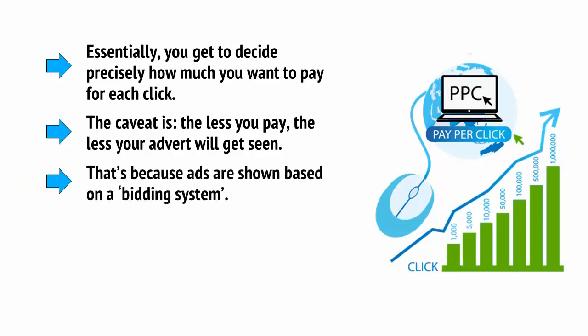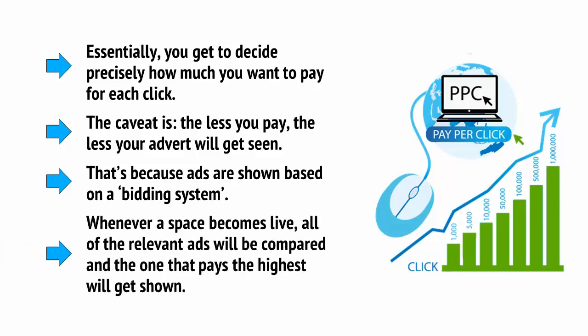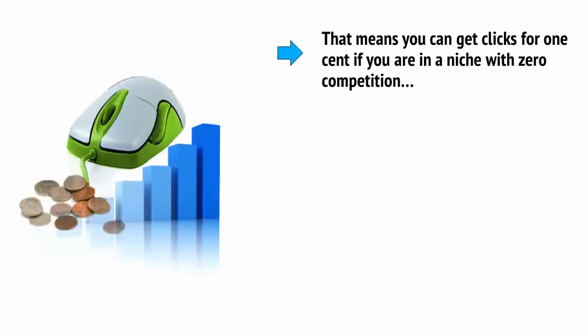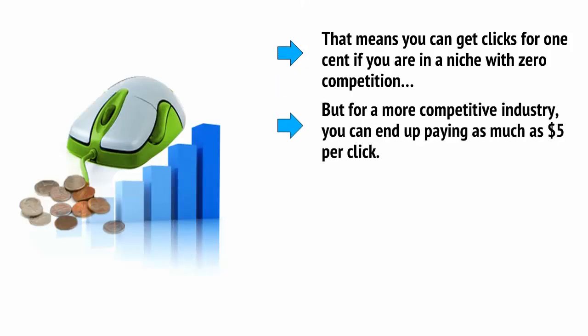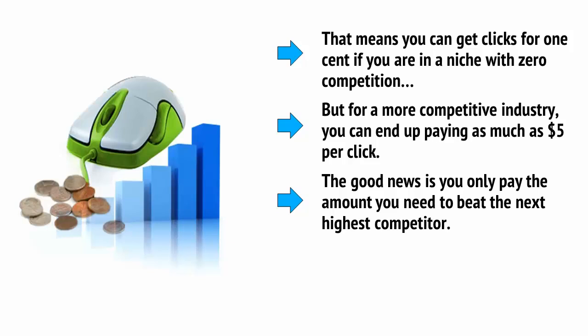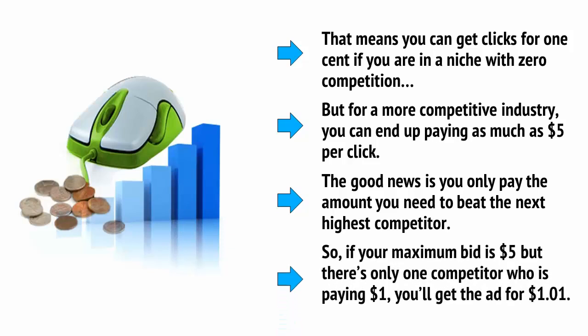That's because ads are shown based on a bidding system. Whenever a space becomes live, all of the relevant ads will be compared and the one that pays the highest will get shown. That means you can get clicks for 1 cent if you're in a niche with zero competition, but for a much more competitive industry, you can end up paying as much as $5 per click. The good news is you only pay the amount you need to beat the next highest competition. So if your maximum bid is $5, but there's only one competitor who's paying $1, you'll get the ad for